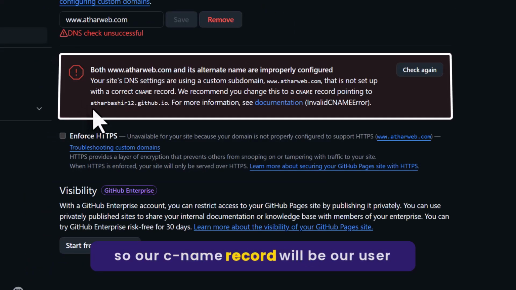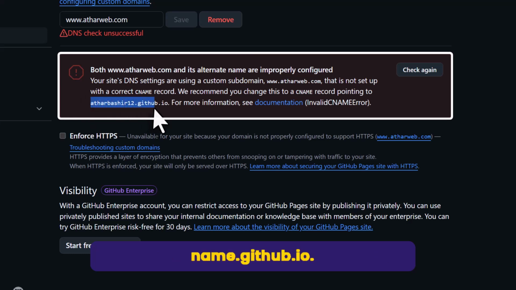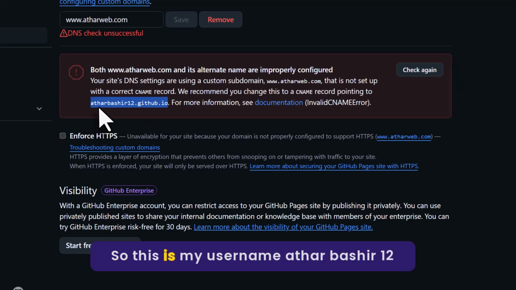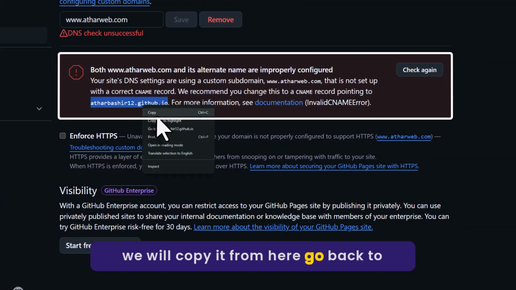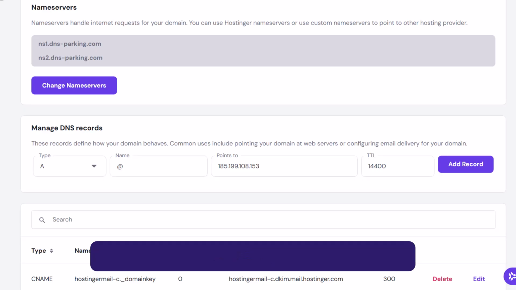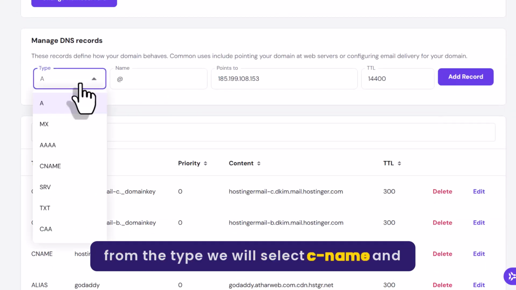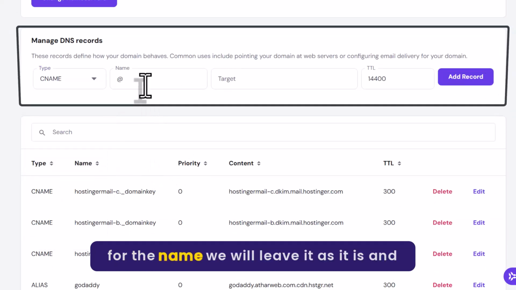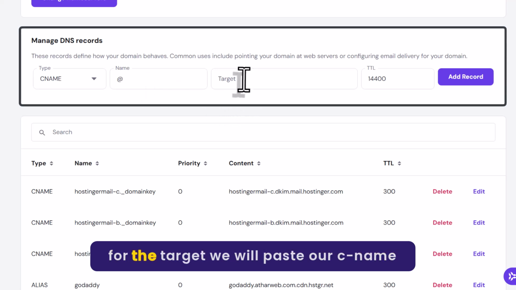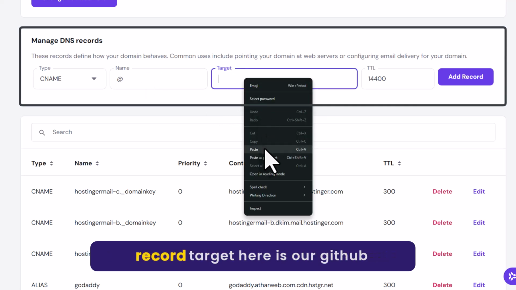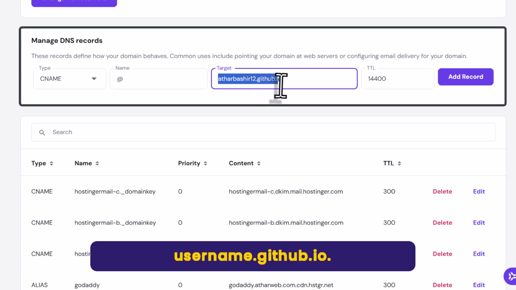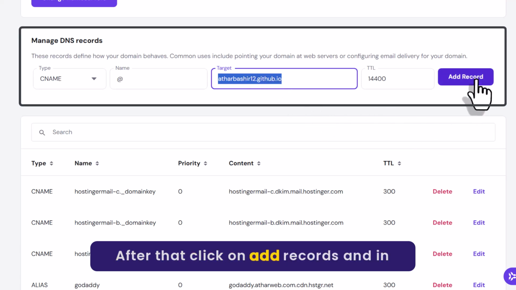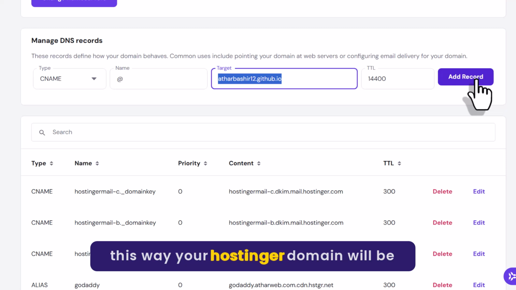So our CNAME record will be our username.github.io. So this is my username, Athar12. You can see it from here. So we will copy it from here. Go back to Hostinger. Now from the type we will select CNAME, and for the name we will leave it as it is, and for the target we will paste our CNAME record target here, which is our GitHub username.github.io. After that click on add record,